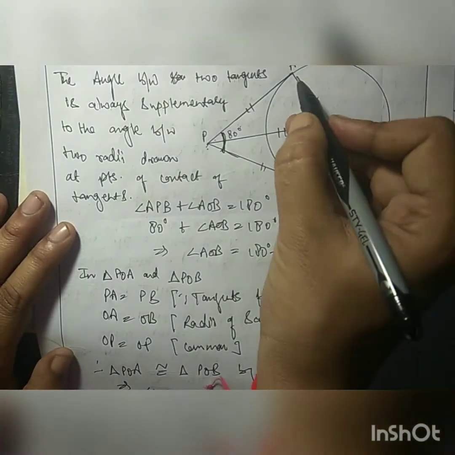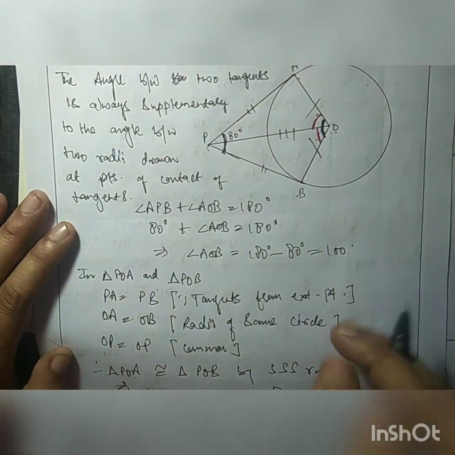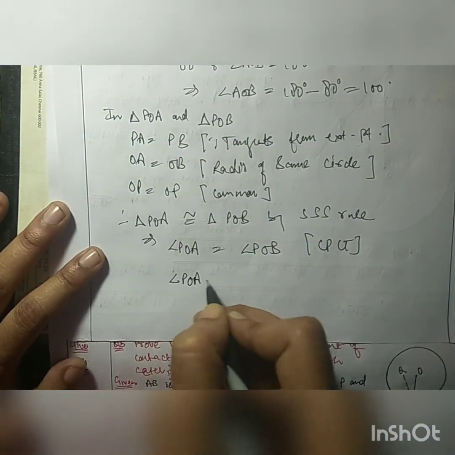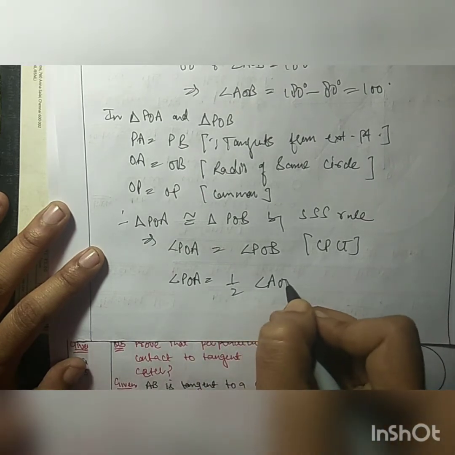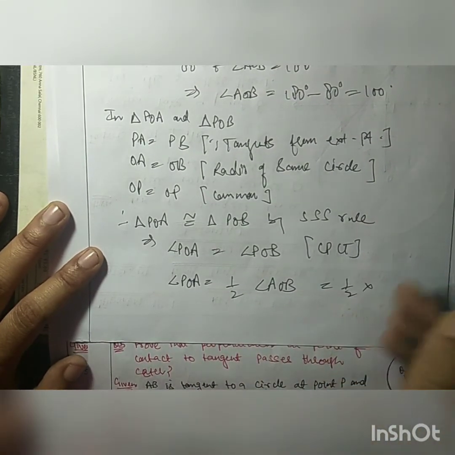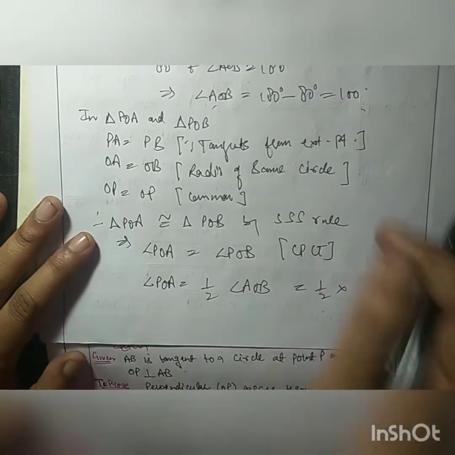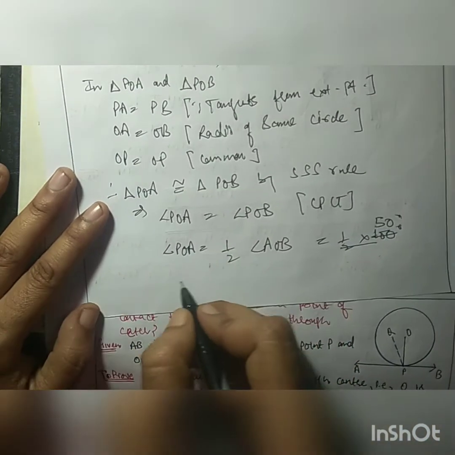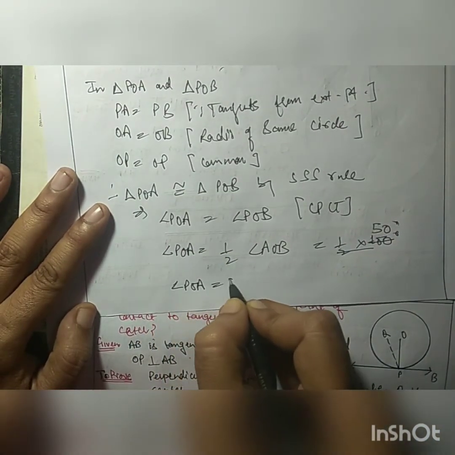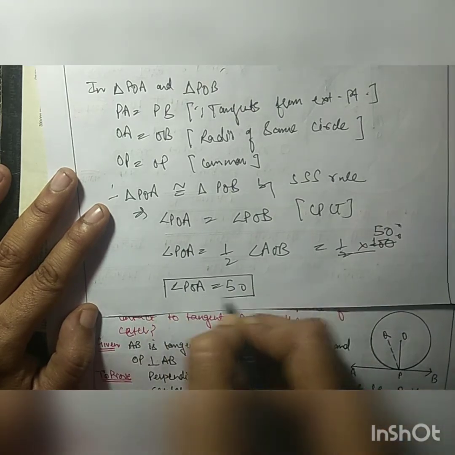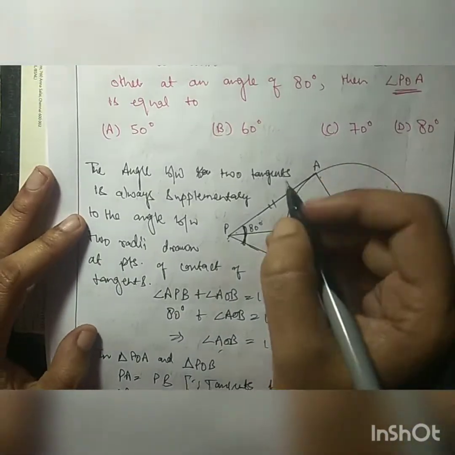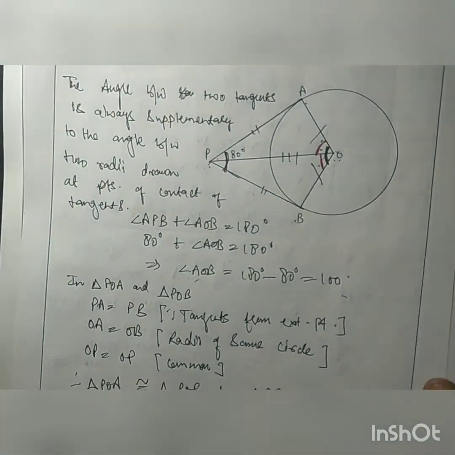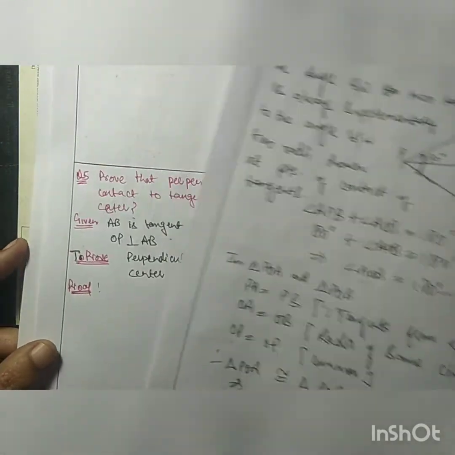So now students, this complete angle AOB is divided into equal parts. Then these two equal parts would be half of it. That is, angle POA is equal to half of angle AOB. What is AOB? We have found here 100 degree. So angle POA is equal to 50 degree. So it means the right option for question number 3 is part A, that is 50 degree. So this was question number 3 of exercise 10.2.